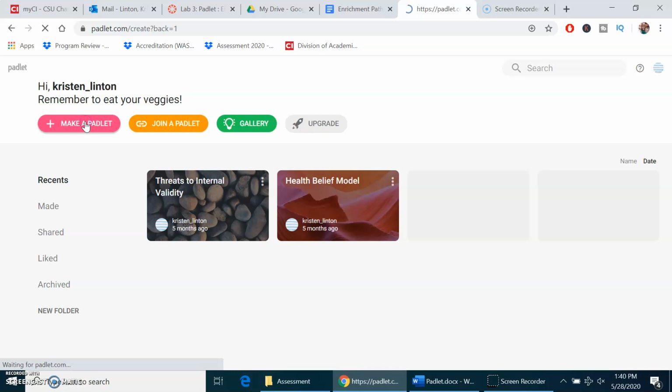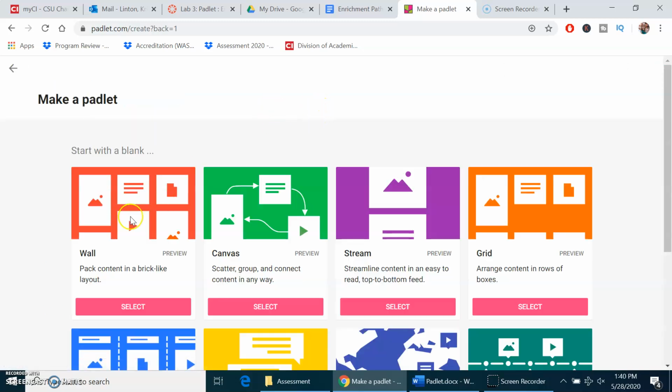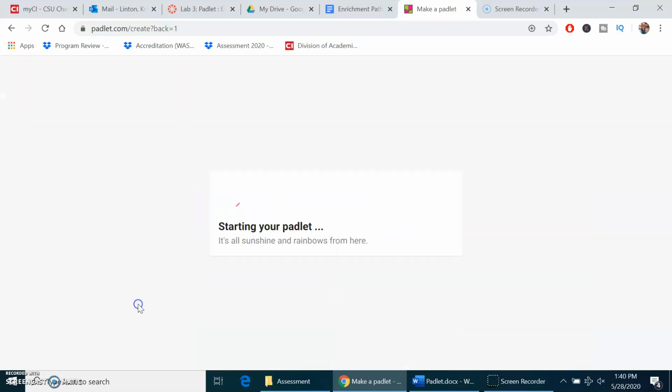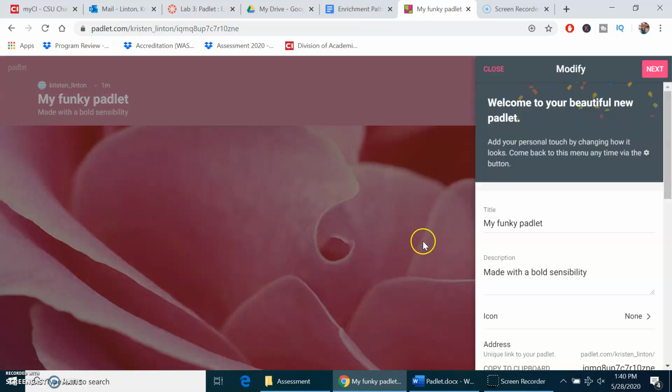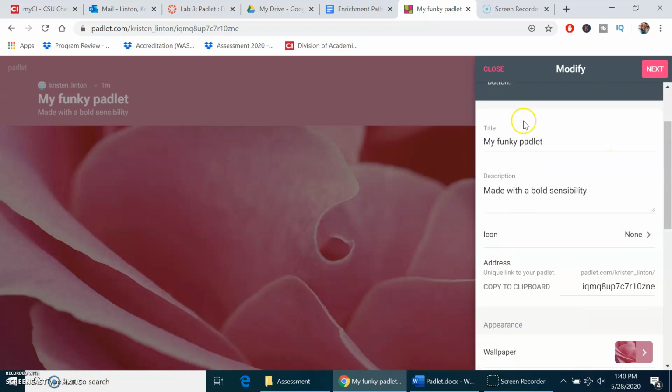So click Make a Padlet. And the Padlet that I like the most is the wall. So I'm going to show you that one, but there are other options. When you select wall, it's going to open one and it's going to automatically set the background. And over here on the right is where you are going to customize it. So I am going to call this Padlet Assessment